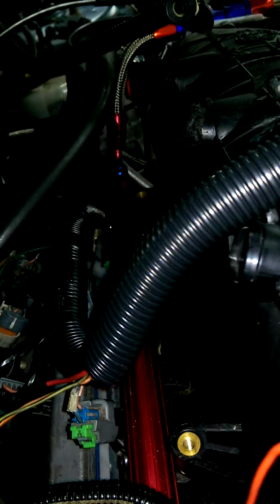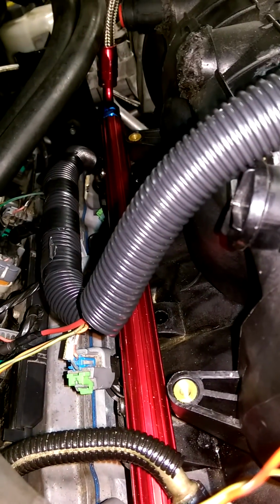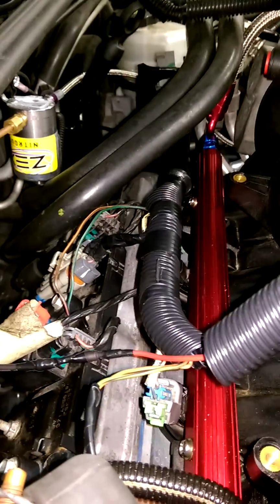You will have to rebend the brackets over a little bit, and you have to go back and forth to make sure that it fits right. It is fab work, so this isn't something that's just going to be slap and go. This is plain fab work, but that's the reason I made this video, because there's not much information out there about these. The alternator bracket, you're going to have to saw off the back piece,